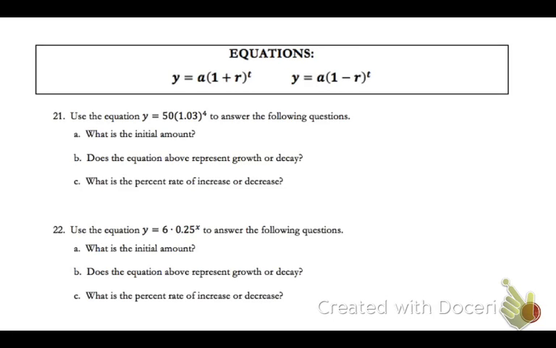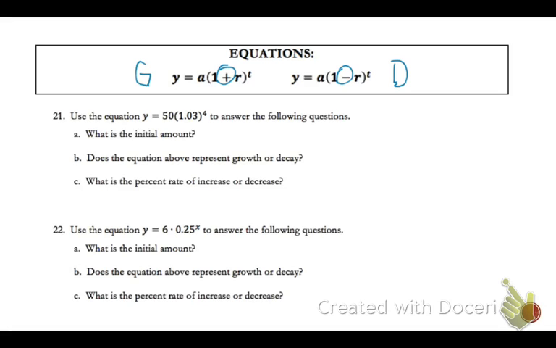Numbers 21 and 22. So now we're going to look at exponential growth and decay. On your study guide, you'll see the general equations for exponential growth, when you're increasing by a certain rate or percentage, and exponential decay, when you're decreasing by a certain rate or percentage. So first thing, if you look at 21, you've got an equation there, and we're going to answer